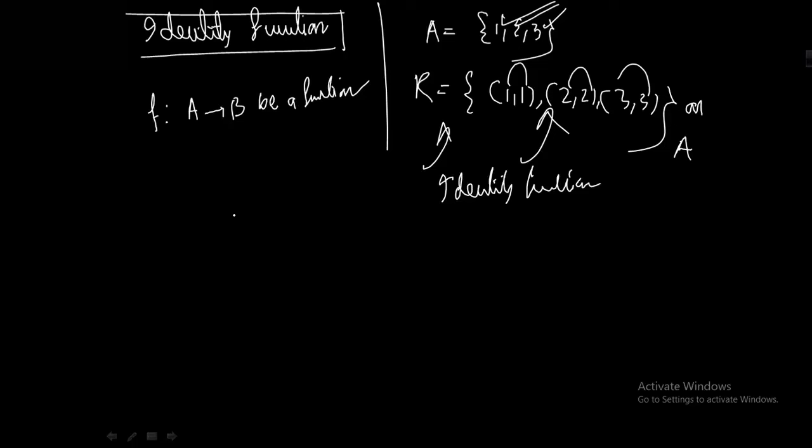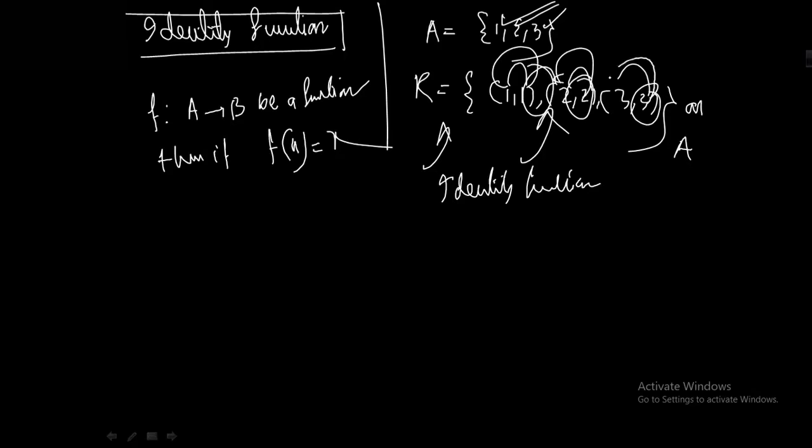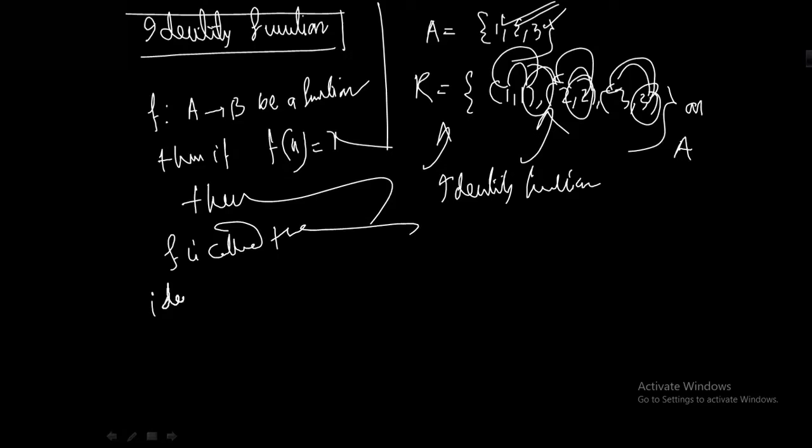If f from A to A is a function, and if f(x) equals x, that means the image and the element are the same, then f is called the identity function on the set A. আচ্ছা, A to A কর, better A to A।